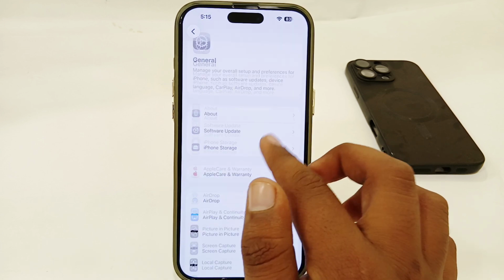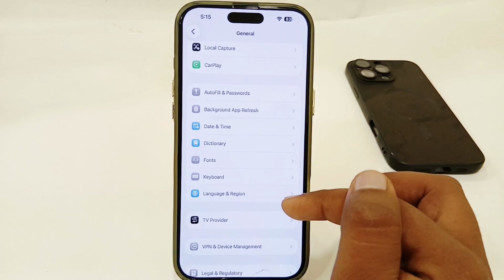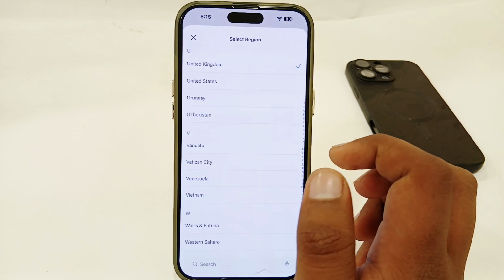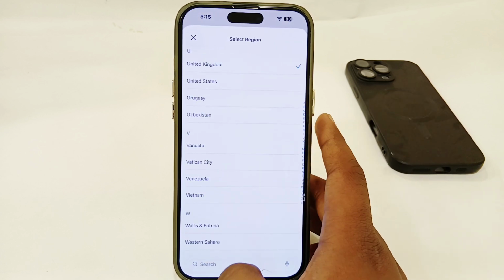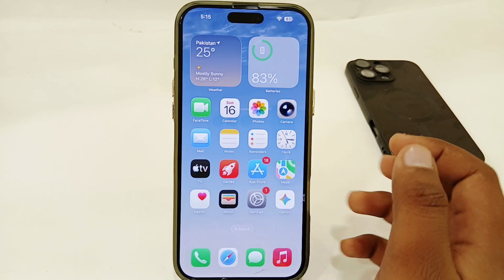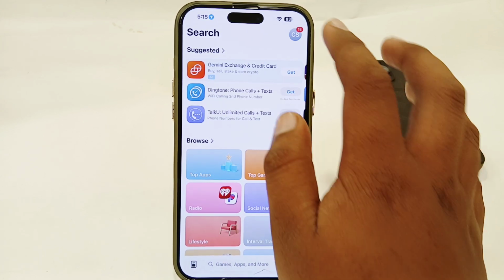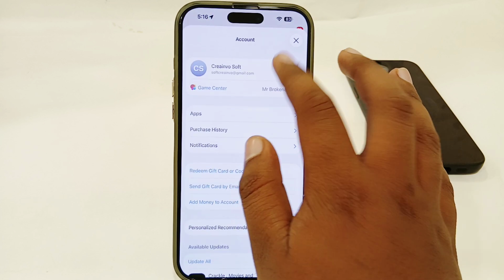Or you have to also change your region on your iPhone. So select the Language & Region option, select Region, and select your own country or region in which you are living. Once you have selected, go back, open your App Store here, tap on your profile option in the top right corner, select your Apple ID from here,